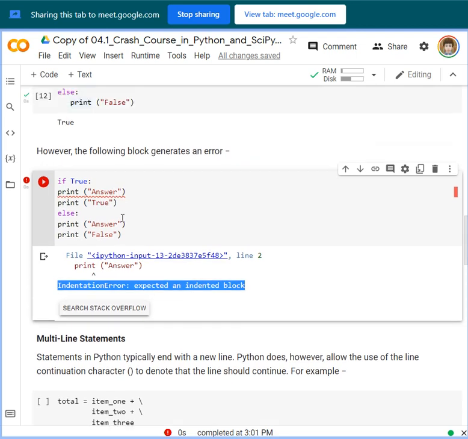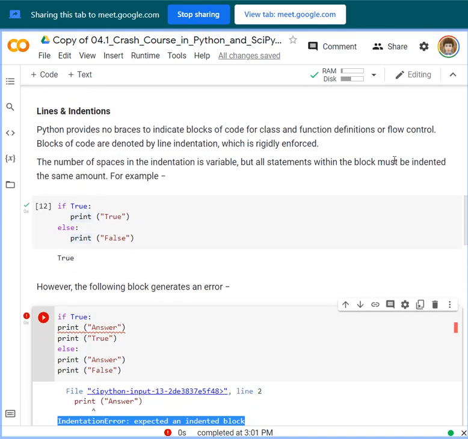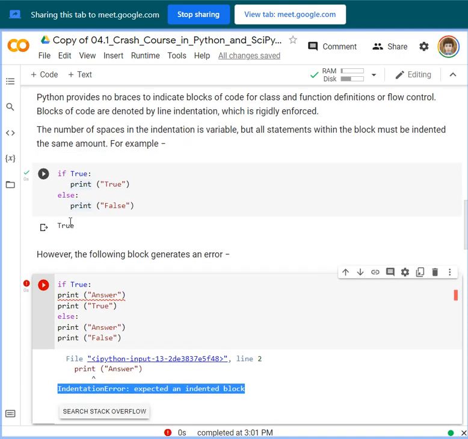So therefore, if you're going to write a class, a function, or flow control, there should be an indentation.